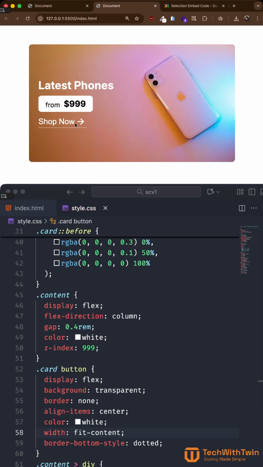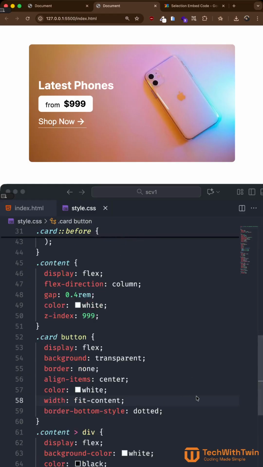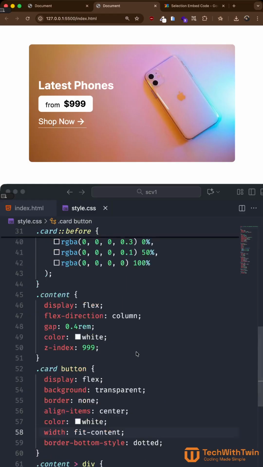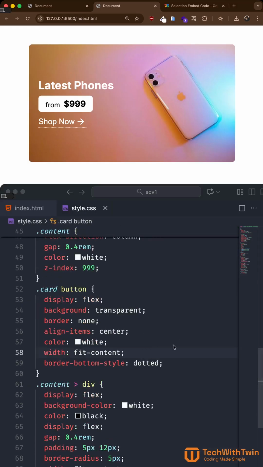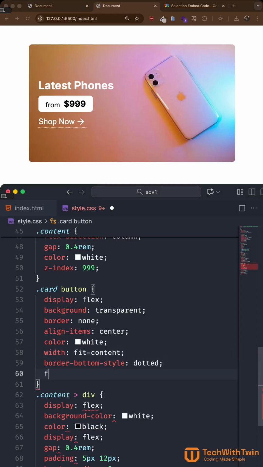Alright guys, so also something I can notice is that the text is too large on the button, so I'm going to look for the button. Here it is, and then I can say font size 0.9 rem. Let's do 0.6. That's it